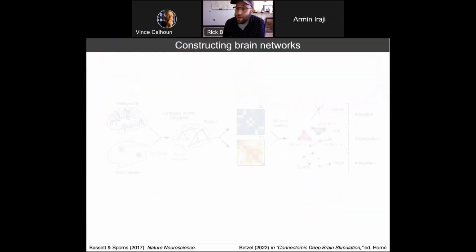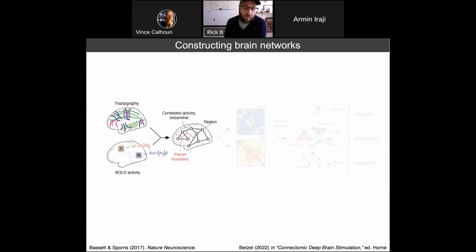When we build brain networks, however, we usually are considering two different flavors: the structural brain networks coming from tractography, and functional brain networks coming from recordings of BOLD activity. In both cases, typically what happens is we chop our brain up into parcels or regions, and then for every pair of regions, we ask, are they connected by, say, a reconstructed streamline representing white matter, or is their activity statistically dependent on each other in some way? If so, we draw an edge between the two.